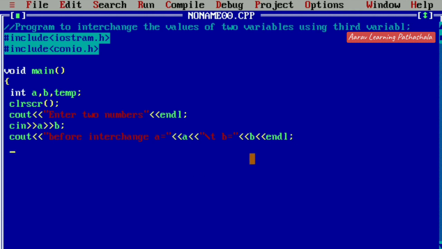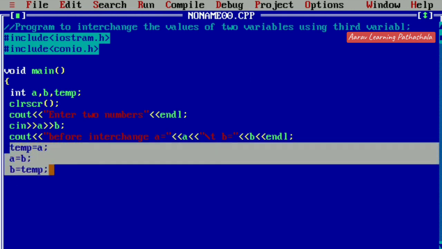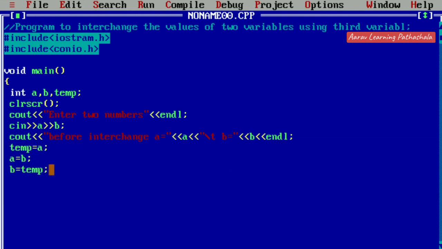So next we have to write the logic here, that is temp equals a, a equals b, and b equals temp. This is the logic we are using in this example. At the end of these three statements, the values will be interchanged. So after the interchange, we have to print the new or interchanged values. So we are using the output statement cout